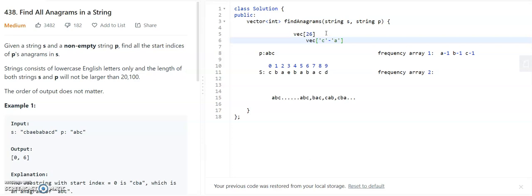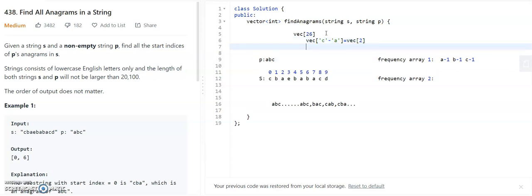A means 0, B means 1, C means 2, so it will equal vec of 2. Same for D: D minus A will be vector of 3, as 3 minus 0. For every character minus A, it will give the position of the alphabet among the 26 alphabets. So I am taking the vector of 26.